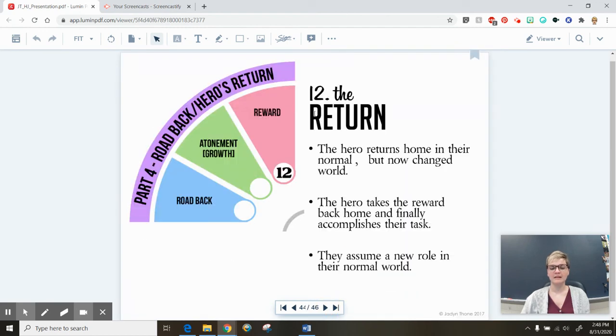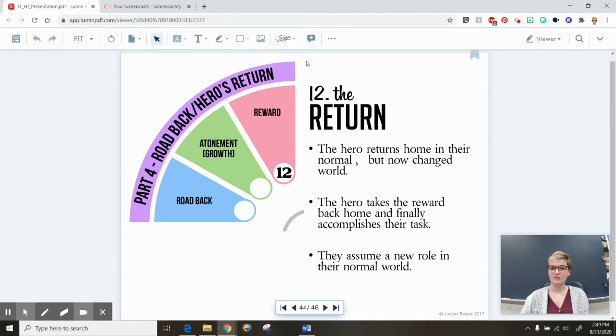And finally, we have the return. So the hero returns home in their normal world, but things are now changed. Once you've been on a journey, the world isn't going to look the same to you anymore. It's like going through something really difficult and emotional. You just don't look at the world the same way anymore. So they're going to take the reward back home, and maybe that's something that they share with people, or maybe it's something that they keep to themselves. In The Hobbit, Bilbo keeps the ring.